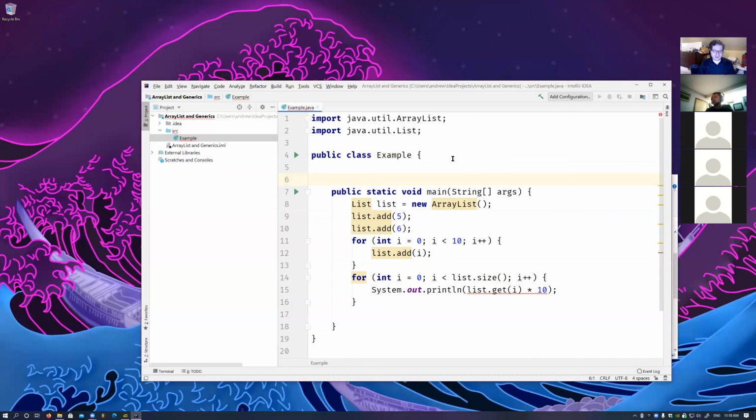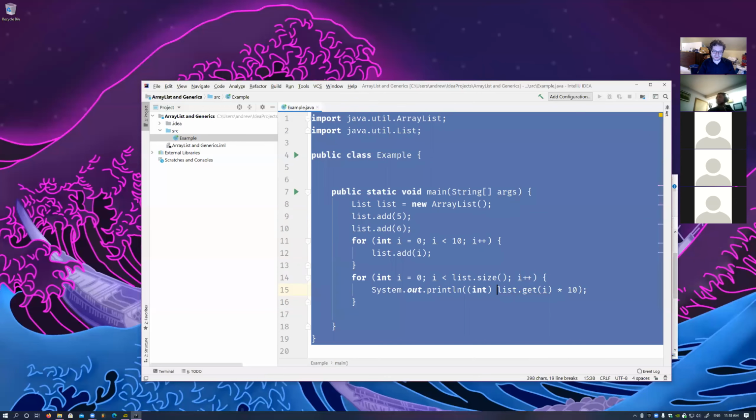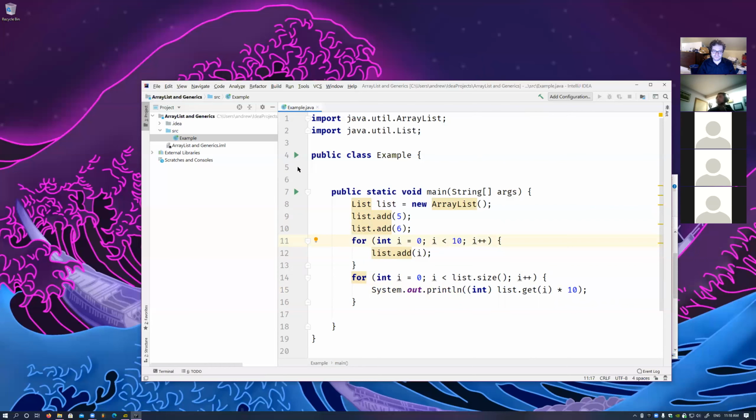Exactly. So it's an object. This means that when I take this list and multiply by 10, Java is yelling at me, saying, hey, I see that you're getting something out of this list, but this something is an object. So if I want to do that, I have to put int here. I have to cast everything I get out of the list and tell Java, trust me, it is in fact an integer,